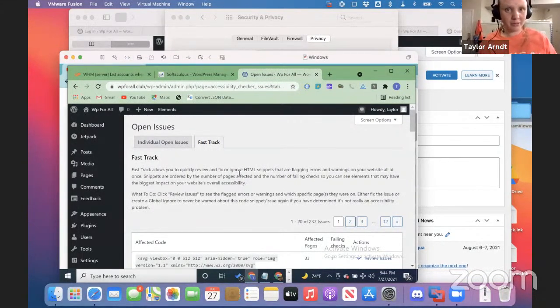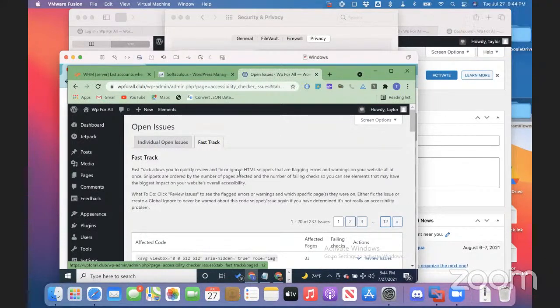I could possibly press tab. Link. Link 12. Double right pointing angle bracket. List blank, with 42 rows and 4 columns. Row 1, affected code, column 1, affected code. Affected pages, column 2, affected pages. Now I'm not sure why the table headers are reading 3 times. Not sure. Because it reads affected code. Do you hear how that does it, Michael? Yeah, I was hearing that. Failing checks, column 3, failing checks.